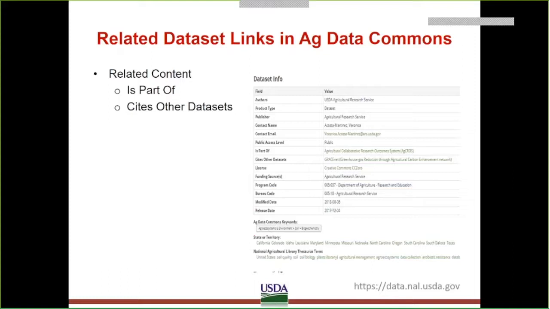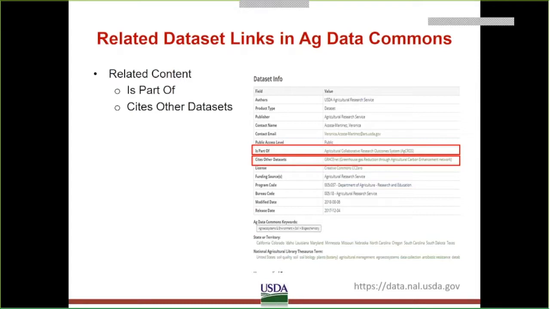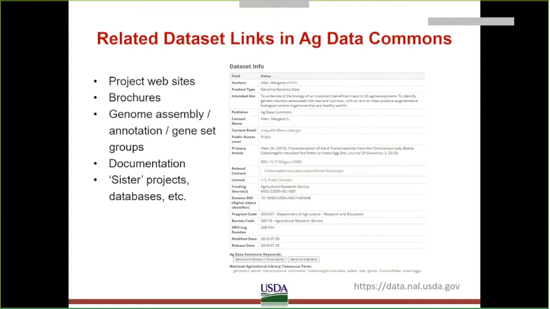We also have dataset to dataset links in Ag Data Commons. First type being is part of, where the dataset is part of a larger parent dataset on the Ag Data Commons, or cites other datasets, which are for citations that we use to construct, for datasets that we use to construct this one, or that are aggregations or adaptations of other data.